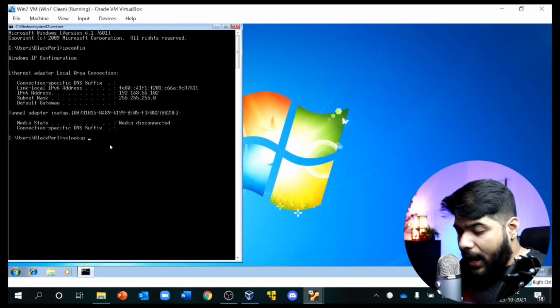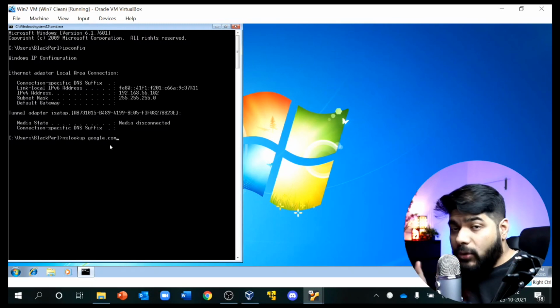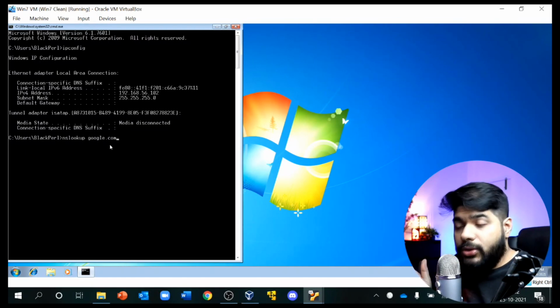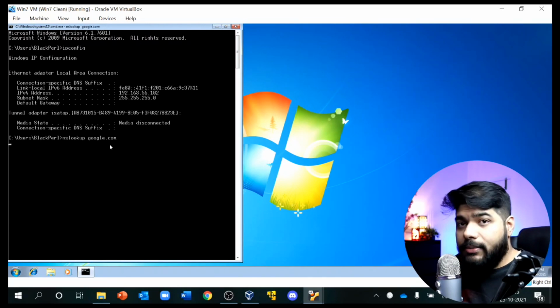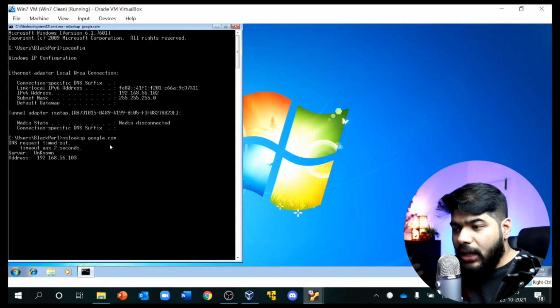What we can do over here is probably just do an nslookup and let's see google.com. I am not expecting this nslookup to run, because we have just routed the traffic to the Remnex box, but that is not resolving at the Remnex box level as well. Okay, so I'll hit it, it will give me the IP address.